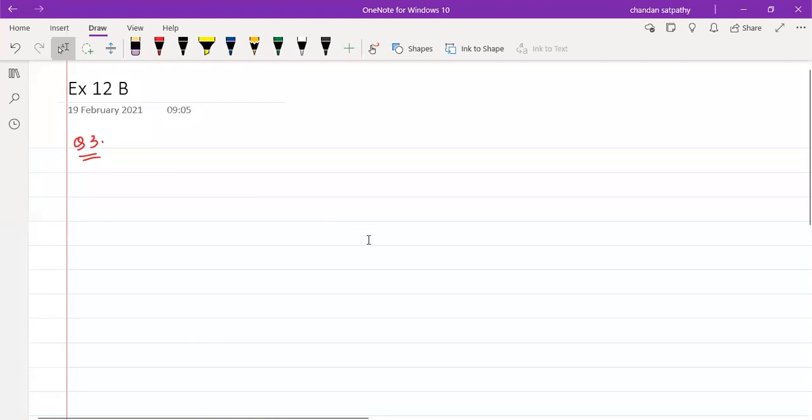First we will solve 12B question number 1. Yes, today we'll start 12B. Okay. So first we'll see what is there. Before starting the question, you have to understand some concepts. So what are the concepts, students? So remember that